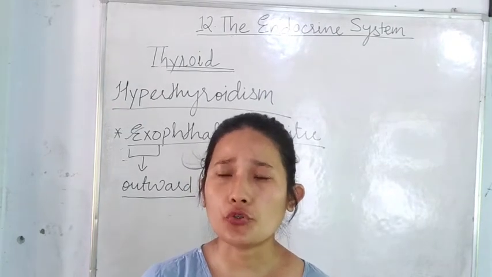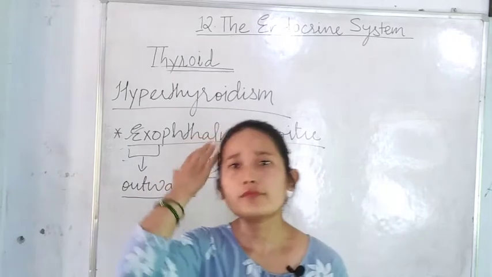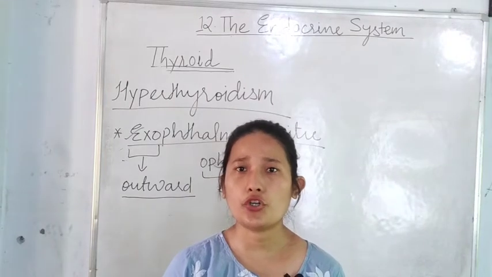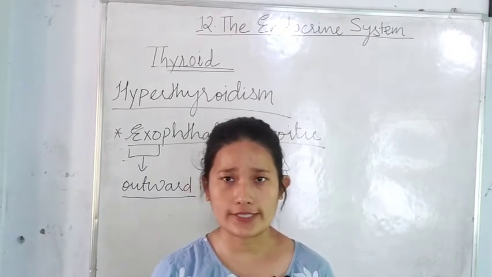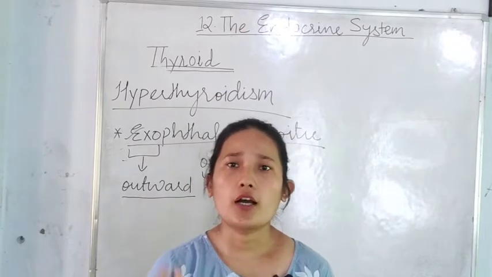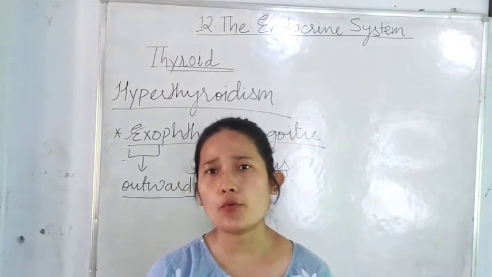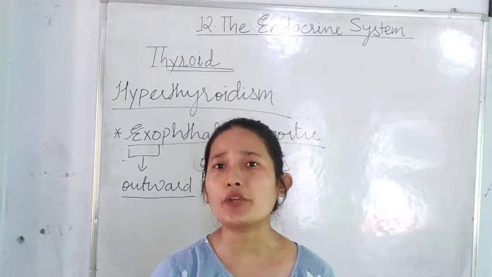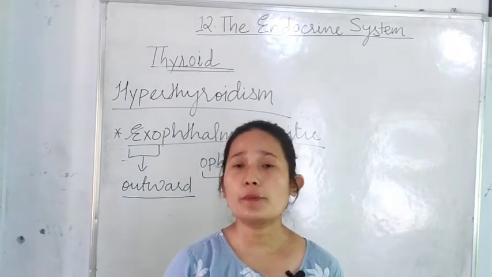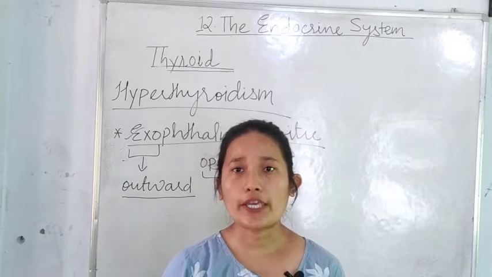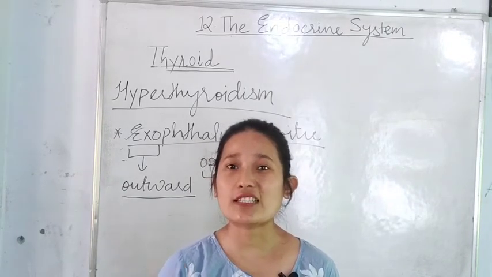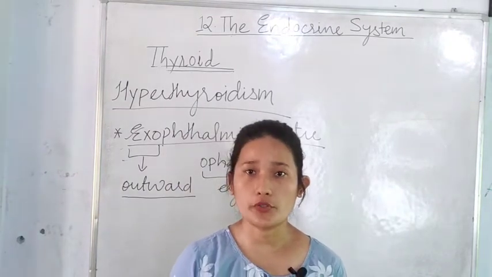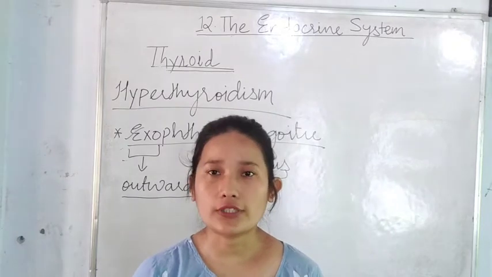Okay, now as I told you, your thyroxine hormone controls all the basic metabolic activity like heartbeat, your rate of respiration, all those things, right? So if your thyroxine hormone is secreted in more amount, what do you think will happen to your heartbeat? Obviously your heartbeat is going to increase, it's going to beat faster than usual, right? It will result in breathlessness. Okay, you will be restless because excess metabolic activities will be carried out because of more secretion of the thyroxine hormone. Okay, so that's all about the thyroid gland.